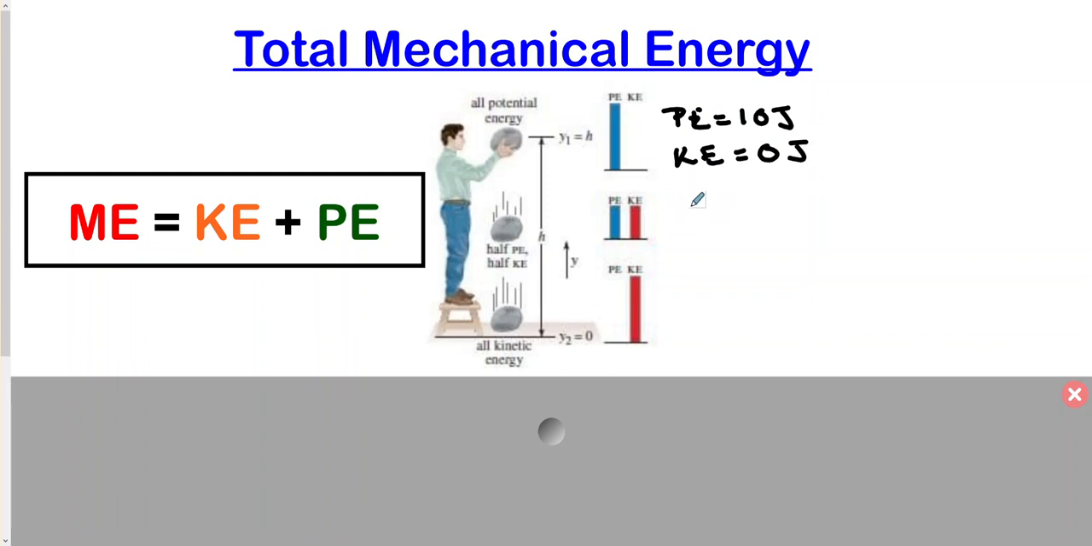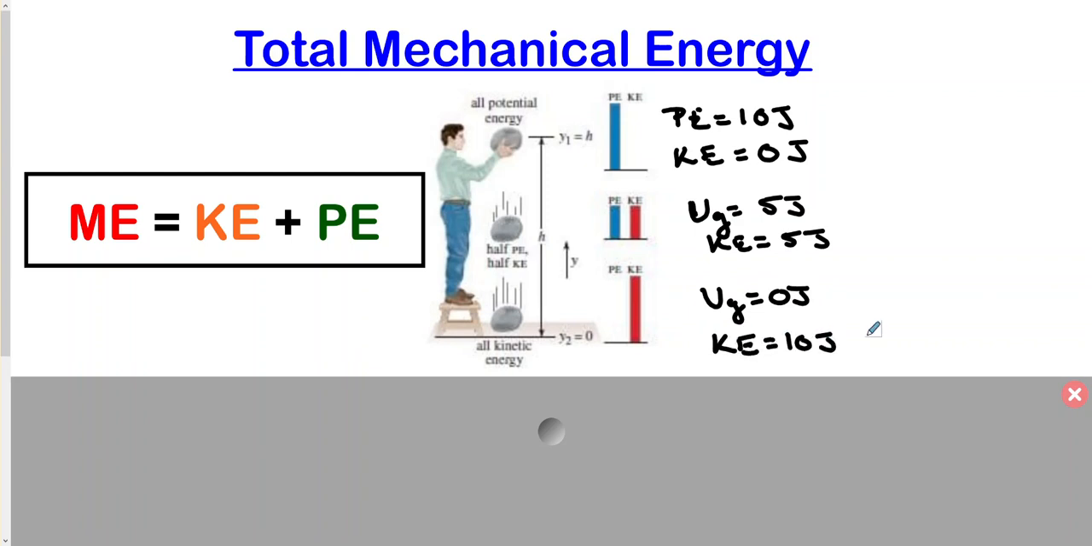Here, it's half and half. So potential energy, I guess I should use the right symbol, is now 5 joules, and kinetic energy is equal to 5 joules. It's half and half. And down here, now this is the moment before it hits the floor. So its height would be 0, so its potential energy would be 0 joules, and all of its energy would be